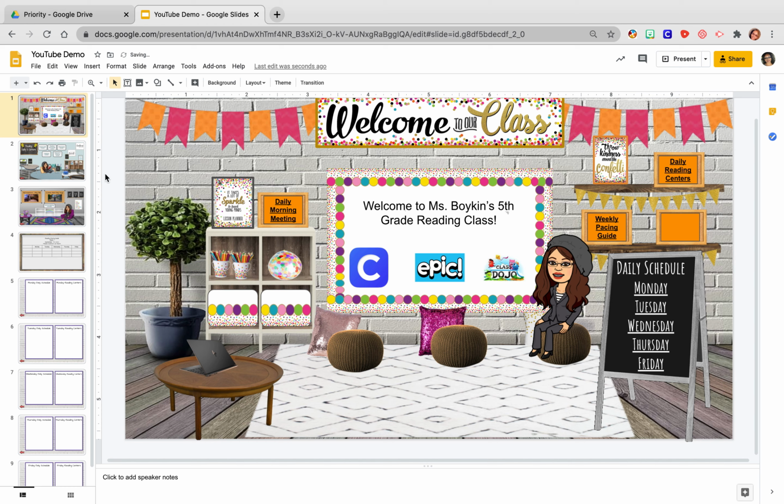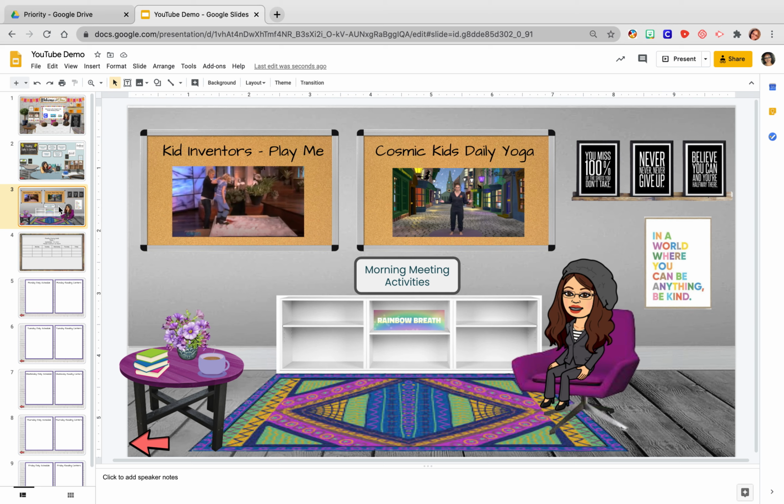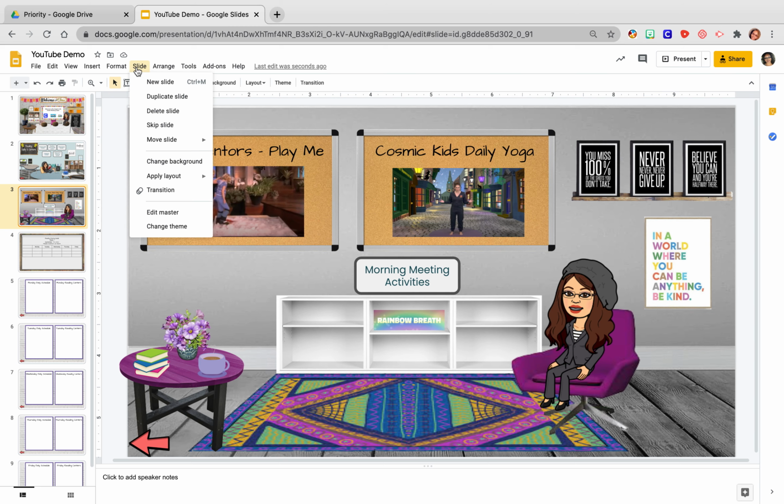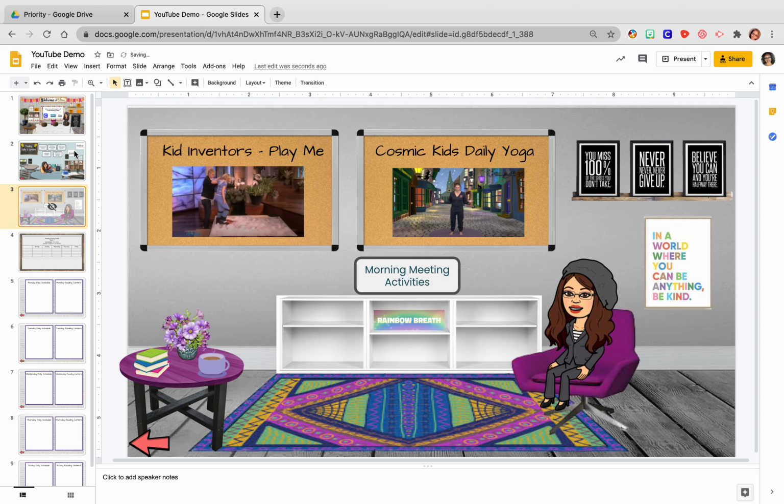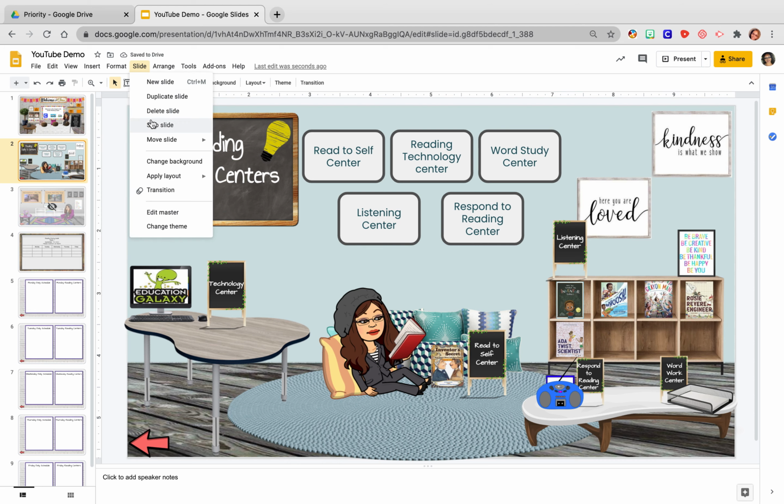And then I also wanted to show you how you can hide your slides. So you'll notice in my progress that now I have my morning meeting slide that I'm working on. I have my arrow right here, and I'm working on adding activities that they can do in the morning time, but I don't necessarily want them to see this when I send them the presentation. So I'm going to click on the slide. So my number 3 is highlighted. I'm going to click my options slide up here at the top, right here. I am going to press skip slide, and I'll do a couple of them so you can see what that